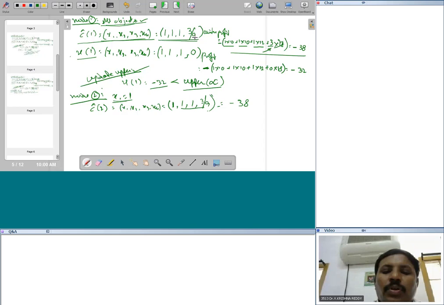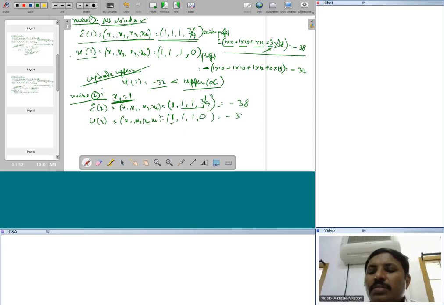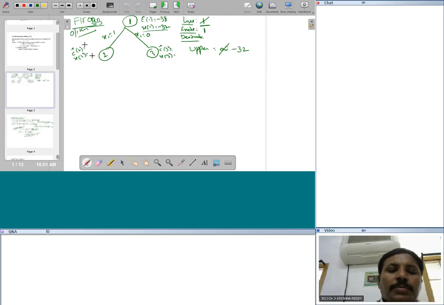Next, U of 2. U of 2 also has the same x1, x2, x3, x4. But what is the difference between the lower bound and upper bound? In the upper bound we are not allowing a portion of the object. So for the first object, we fix it as per the current status, x1 equal to 1. The remaining objects you have to take as per the previous logic. That is called minus 32. Same previous execution. So we write the result minus 38, minus 32. Then we can continue with